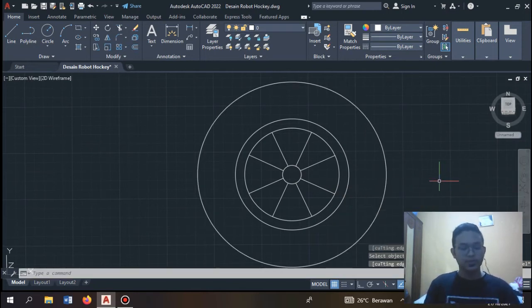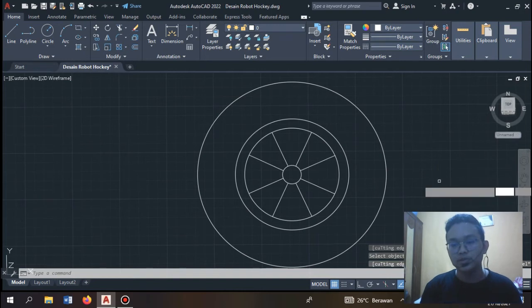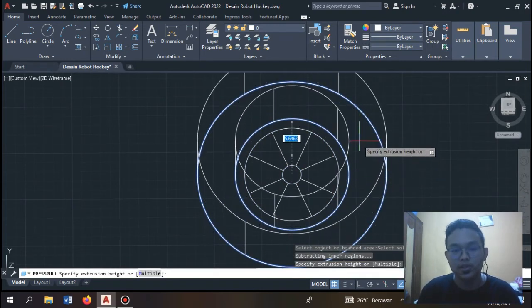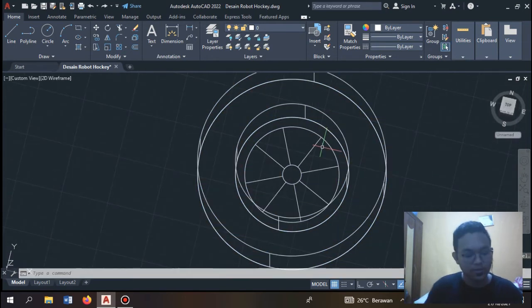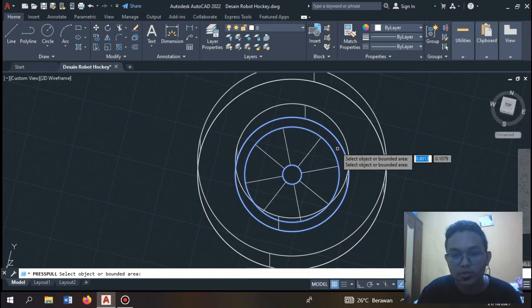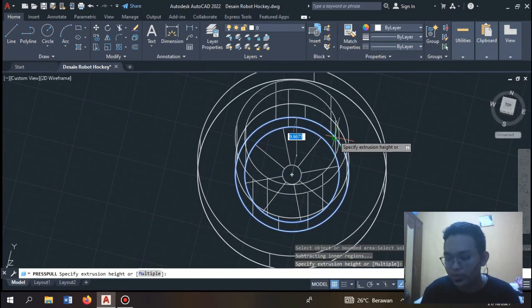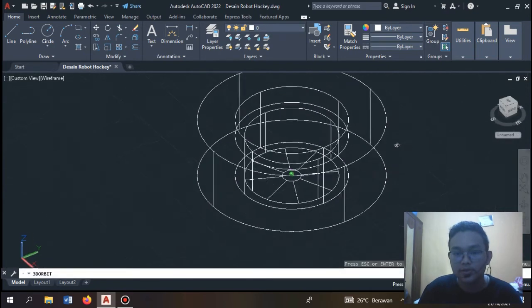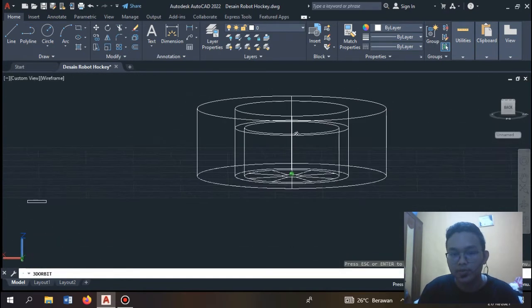Right, and then we type press pull for the outside tires like 3.5, and for the inside circle we press pull to 2.5 like this, and we can preview first,